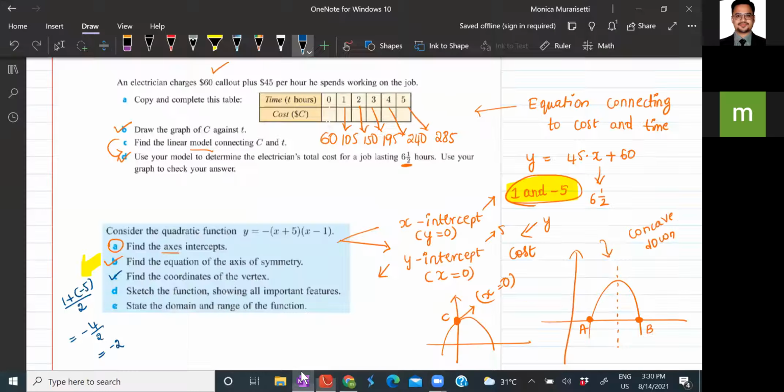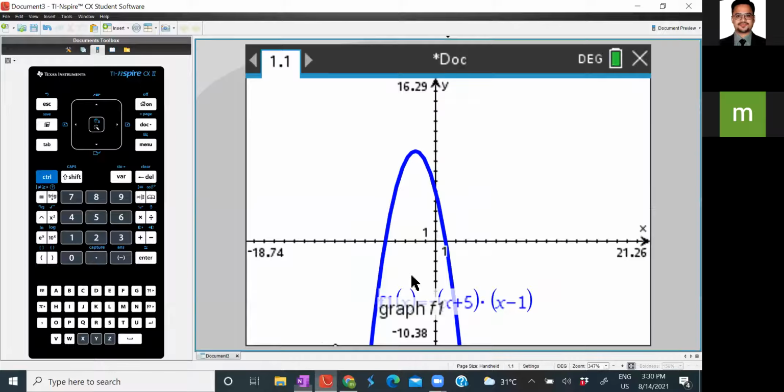The vertex is simply found by substituting the axis of symmetry value into the function. So when x is equal to -2, what would be the function value? That will give you the vertex. If you solve it, the vertex should be (-2, 9). Where do I observe it? I observe it at this peak point, (-2, 9).